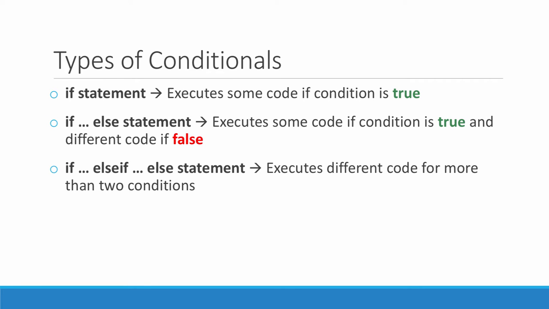In PHP, there are three different types of if statements or types of conditionals that we work with. The first is just the straight up if statement. It's basically just looking to see if the condition we present in the code is true or false, and if it's true, to execute the command that we put within it. The second type is the if-else statement. In this case, it says to look at the code within to see if this is true, and if the condition is true, run a certain set of code. And if it's not true, and basically if it's anything other than that condition, then run a different set of code. And then finally we have the if,